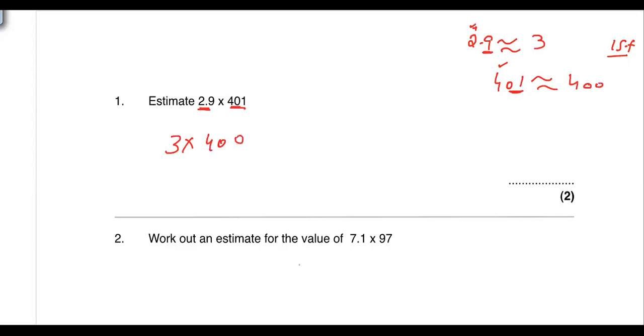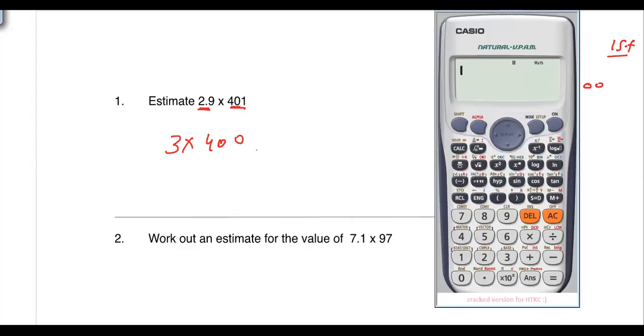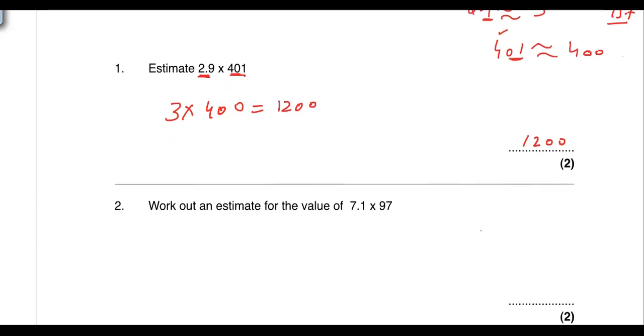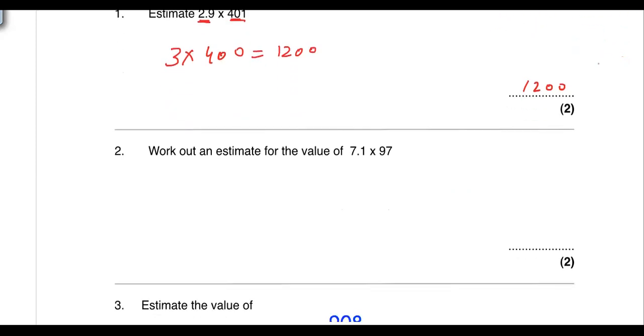Now that we have rounded to one significant figure, I have to calculate. So it will be 3 times 400, which becomes 1200. That will be your final answer, 1200. So if any one of you made a mistake in that one, please correct it. I will always correct your work, because it is very important to go for the correction of your work. An unchecked and uncorrected work might be more dangerous than an unsolved work. That is why we must go through that one.